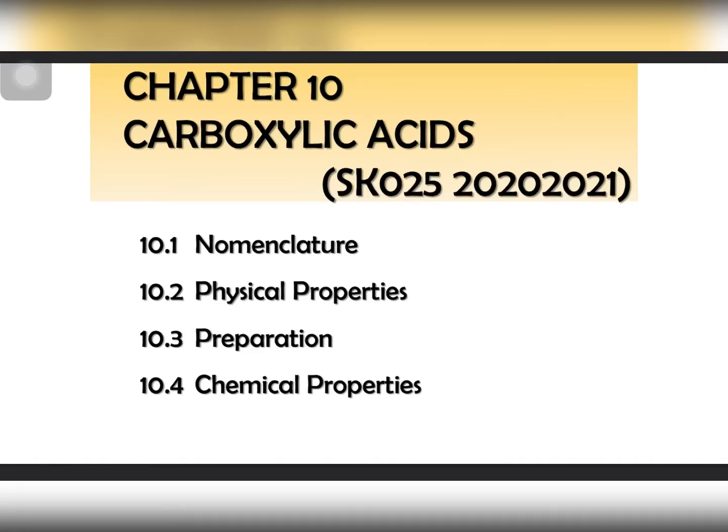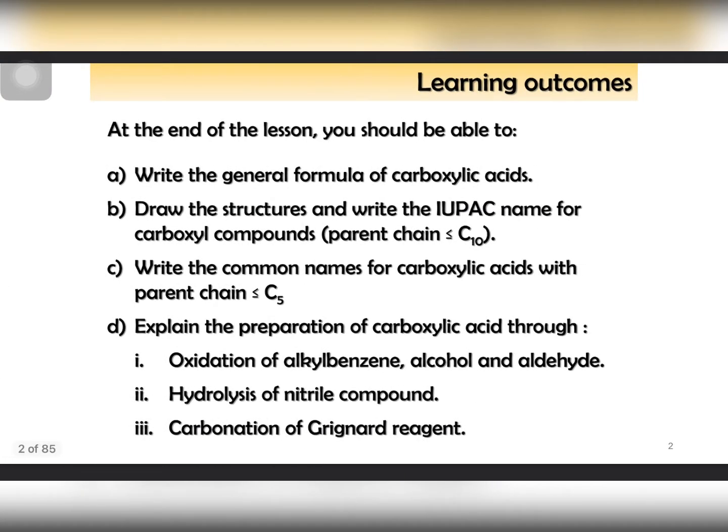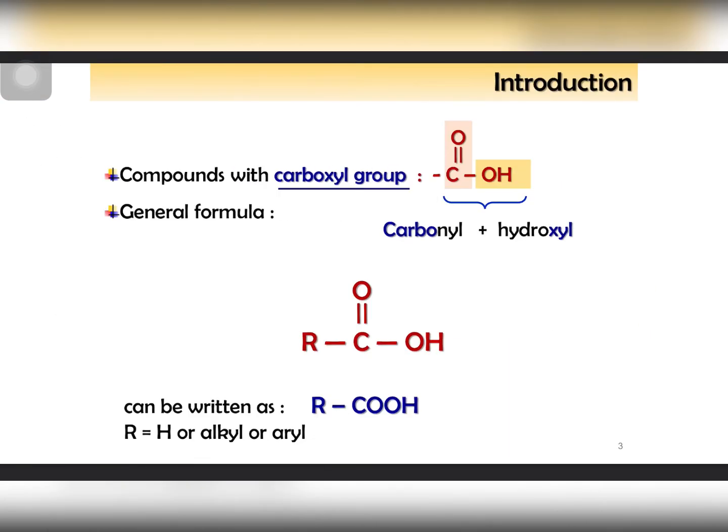So for this video, kita akan tengok chapter 10, carboxylic acid. And here are the learning outcomes for this video. Kita akan tengok part introduction and naming. Okay, so for carboxylic acid, dia mestilah ada carboxyl group. So mesti ada C double bond O,